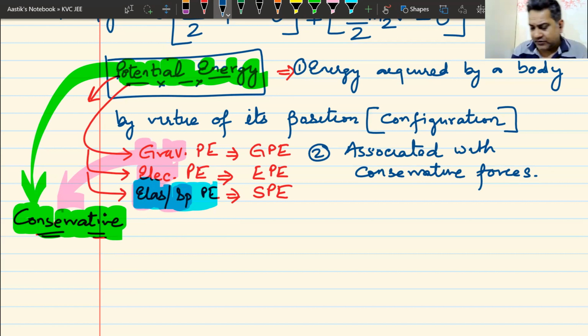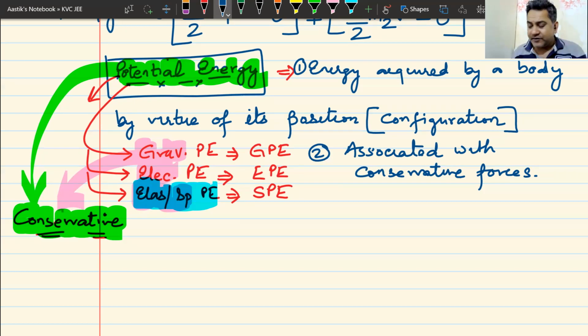Now, why is this concept of potential energy there? As you can see, this entire chapter, whatever we have done or whatever we are going to do, does not require the concept of potential energy. There is no question that we essentially have to use potential energy. Any question can be done without the concept of potential energy as well. We don't need it unless someone asks us a question specifically on potential energy. How much is the potential energy, or what is the change in potential energy? If someone doesn't ask anything about potential energy, this entire chapter does not need it.